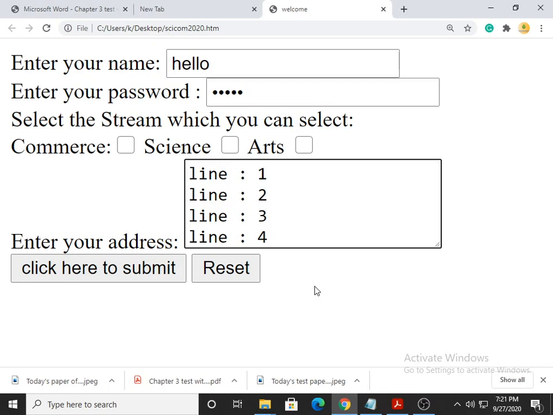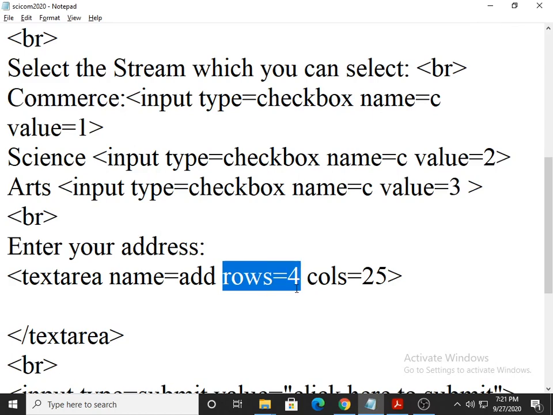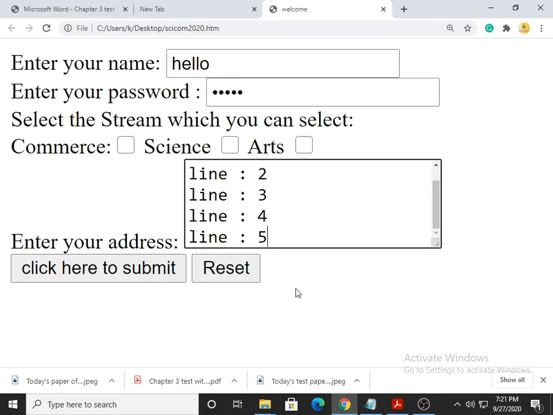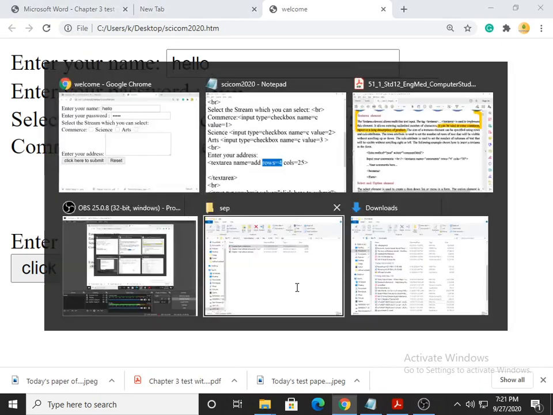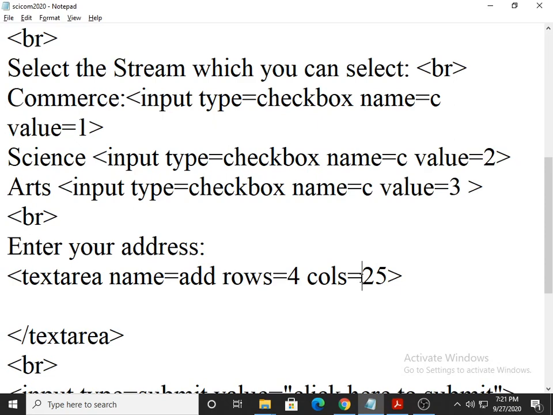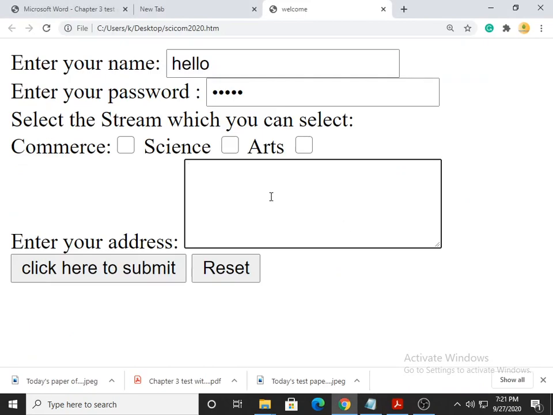If you notice carefully now, see, I press enter. Did you notice when I wrote line number 5, line number 1 scrolled up? Why does it happen so? Because the height of the box is decided by the rows attribute, and the rows attribute value is 4, which means create the box that tall so that it can show you 4 lines at the same time. And in any line, how many characters can you type approximately? That is 25. For example, I mentioned plot number 123 oblique a b slash 1.